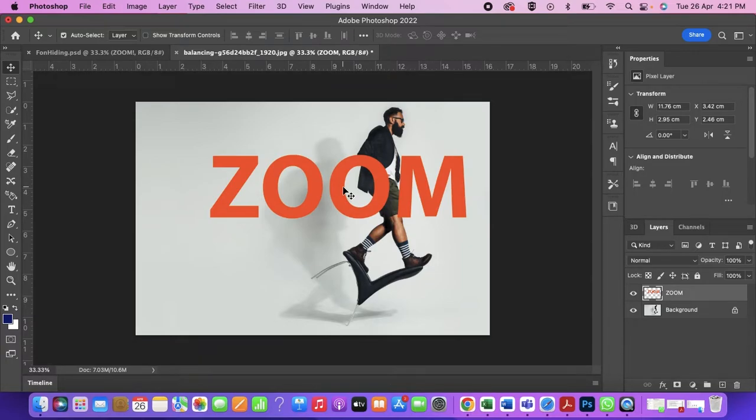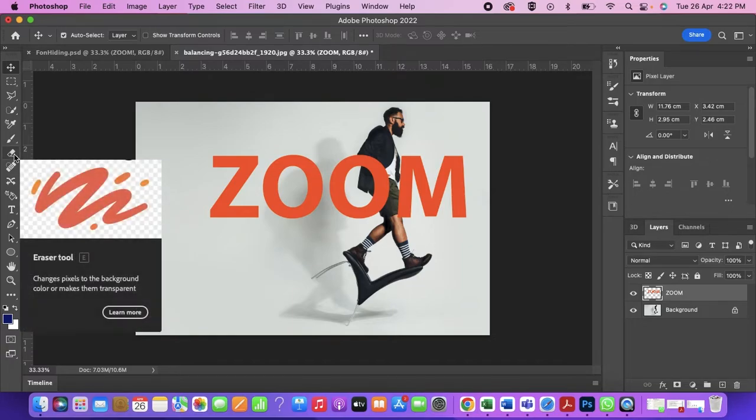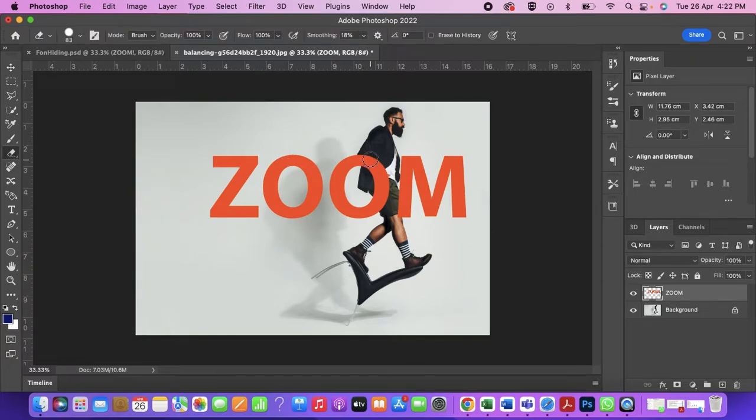Instead of just this normal boring type of setup or layout, sometimes we want to hide the font as if this person is behind or in between the background and the foreground of the pictures. Normally we use the eraser tool and carefully erase or mask out this area